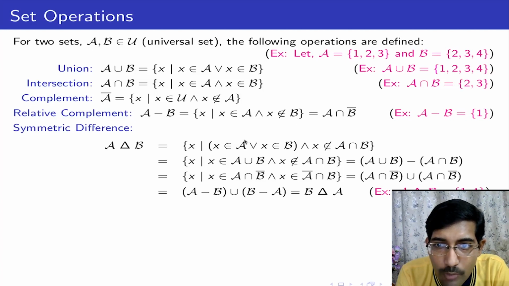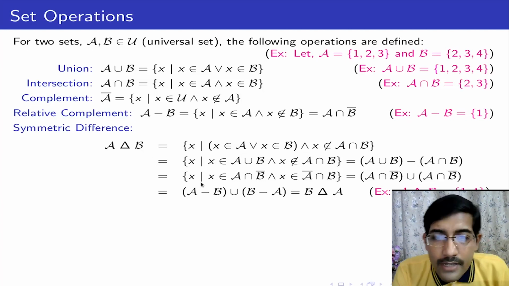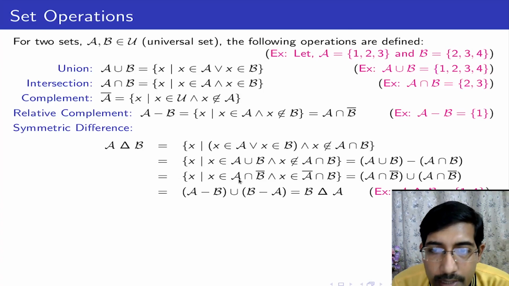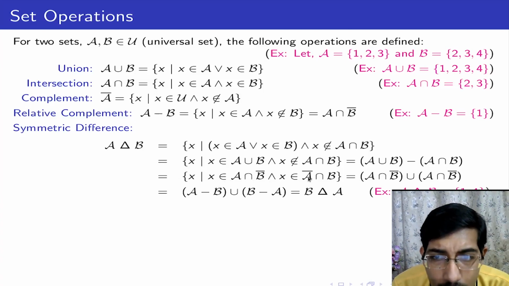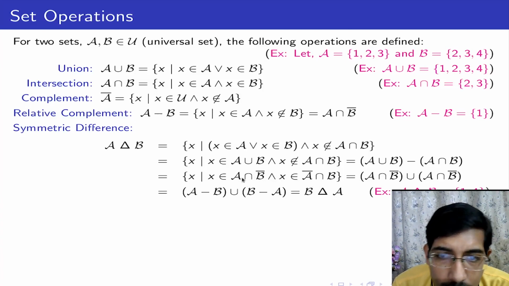So this formula, according to the relative difference logical formula, is X belongs to A and X does not belong to B. You try to apply it here: A union B minus A intersection B, because X belongs to this set and X doesn't belong to this set, so this is minus. Similarly, A delta B we can also write in a way that it belongs to A and not B, as well as B and not A. So all the elements in the intersect position I do not want to keep. I want to keep the elements that are present in A but not in B, and in B but not in A.